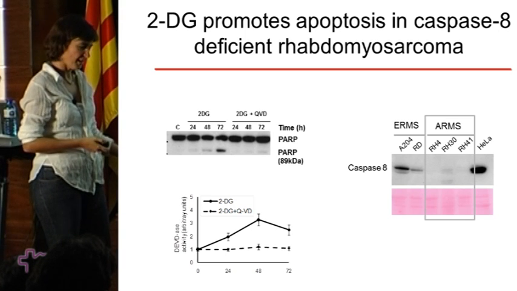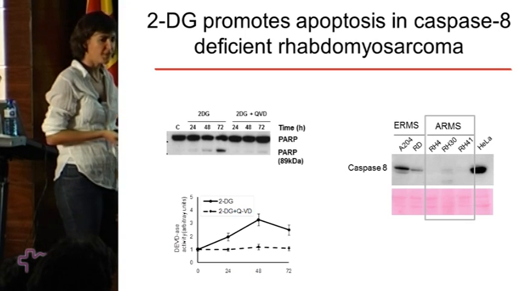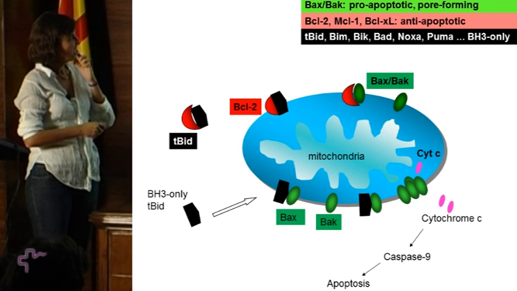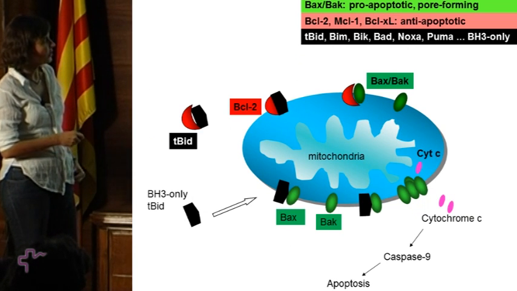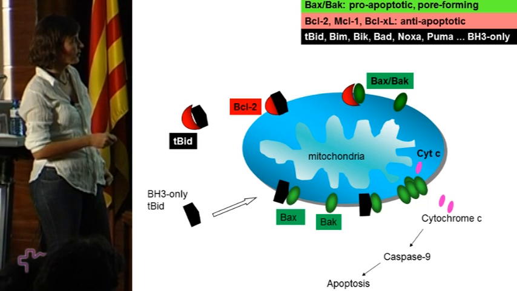But it's not the caspase-8 mediated pathway. These cells are completely resistant to death receptor engagement. So we turn to look at the mitochondrial pathway, of course. And as a reminder of the key molecules in the mitochondrial apoptotic pathway, we have the pro-apoptotic pore-forming proteins that